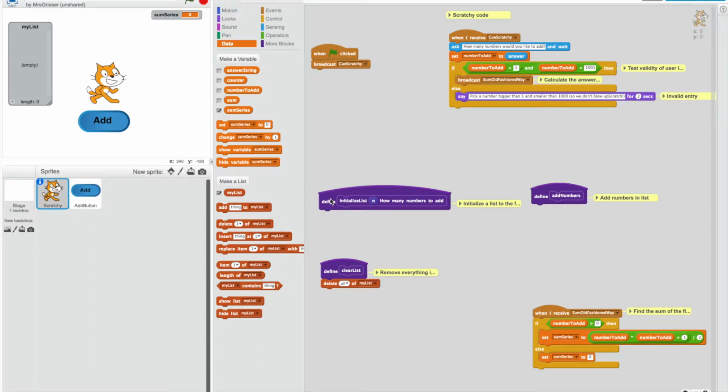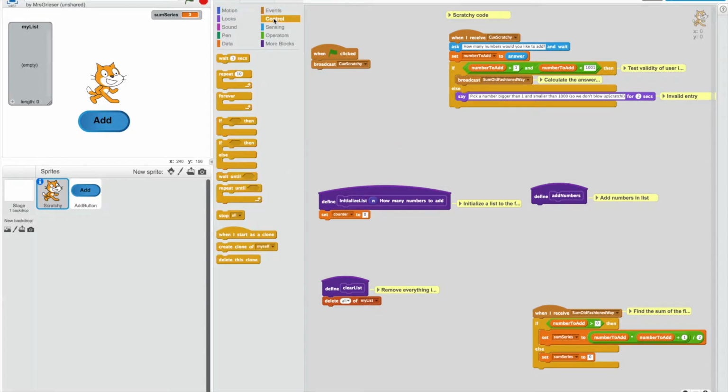So how do we do that? Well, I'm going to use a loop that goes n times, so that I can put n of these numbers in there. And I want the values to be 1, then 2, then 3. So I created a variable called counter to kind of count my way through that list. And when I start, I want to make sure that I'm at some initial value here. So I'm just going to call it 0 when I first come through this list. And I'm going to go to my control statements, and I'm going to want to do this n times. So I'm going to repeat it